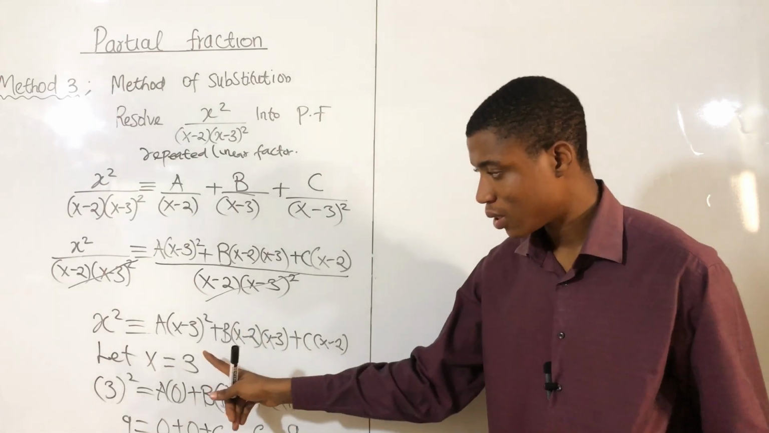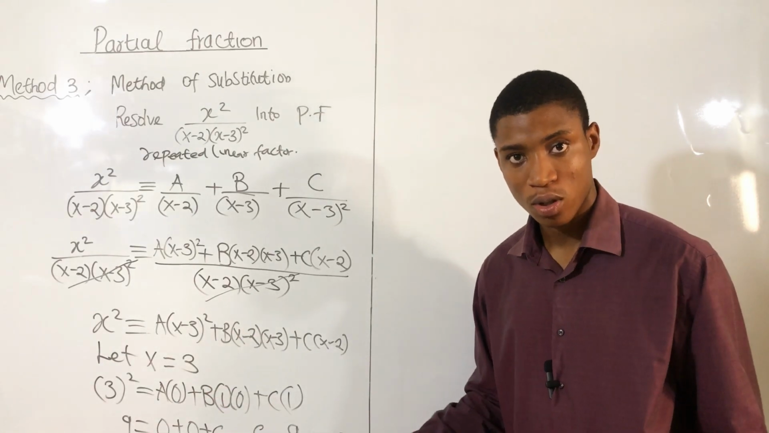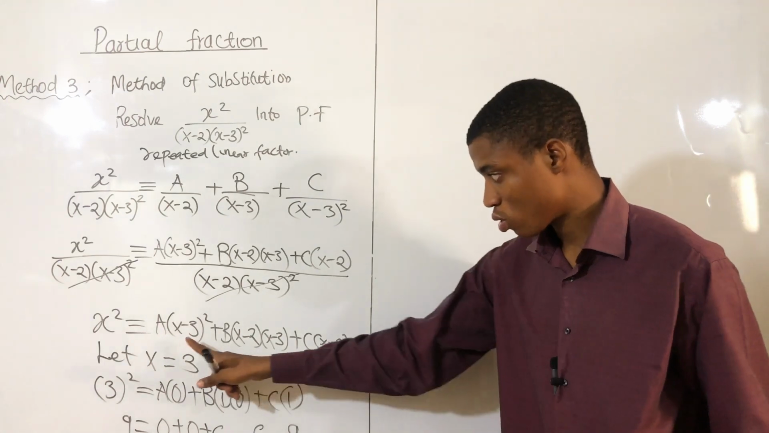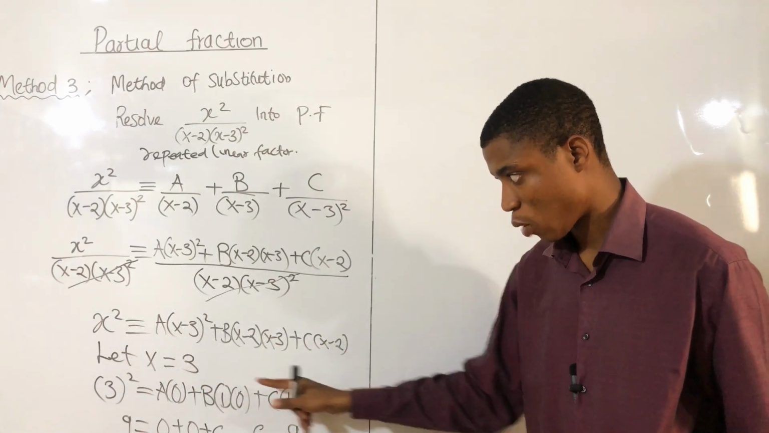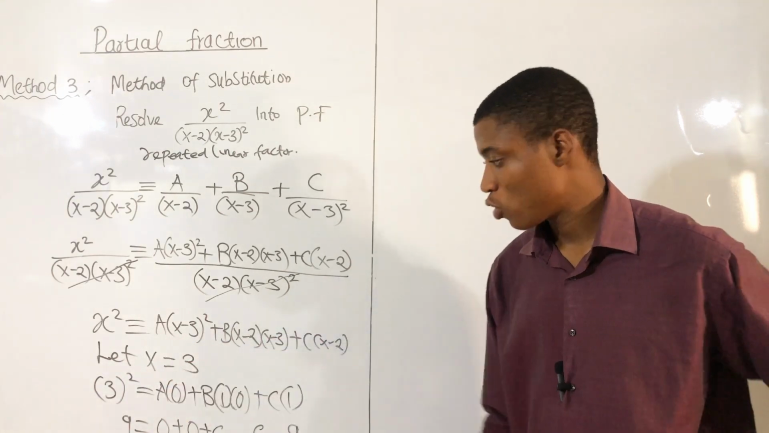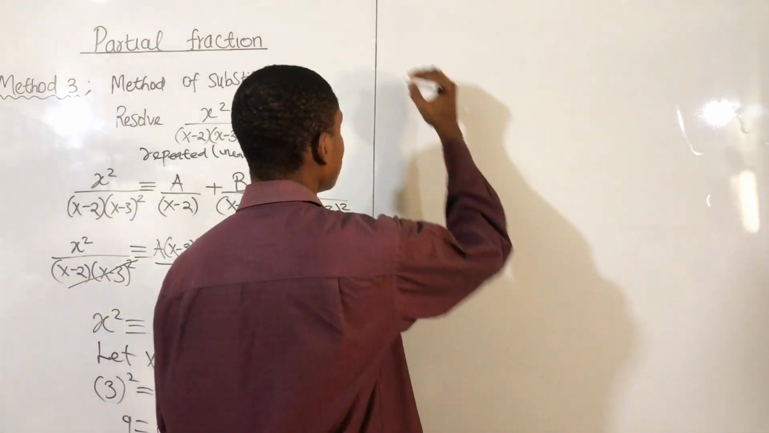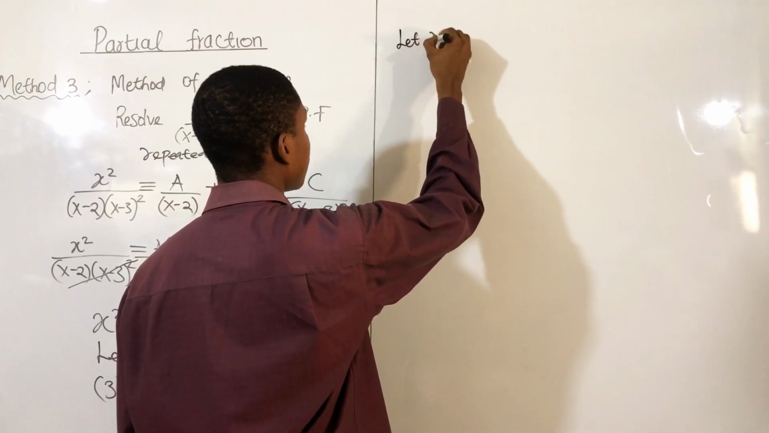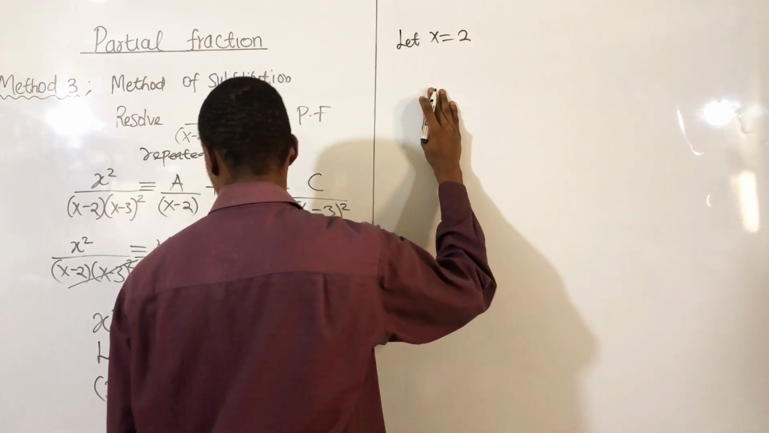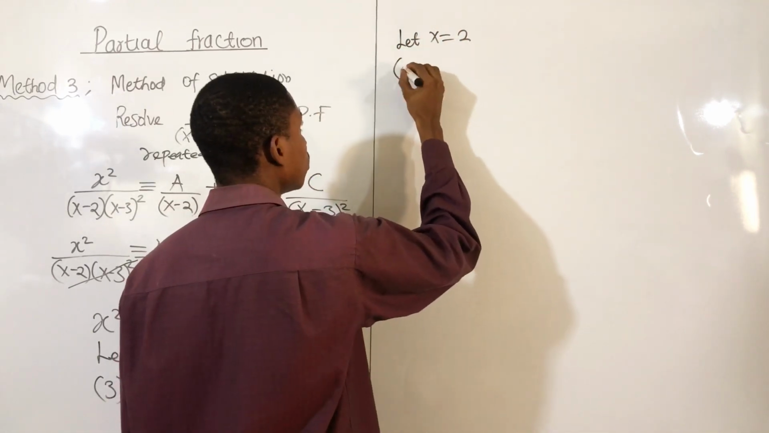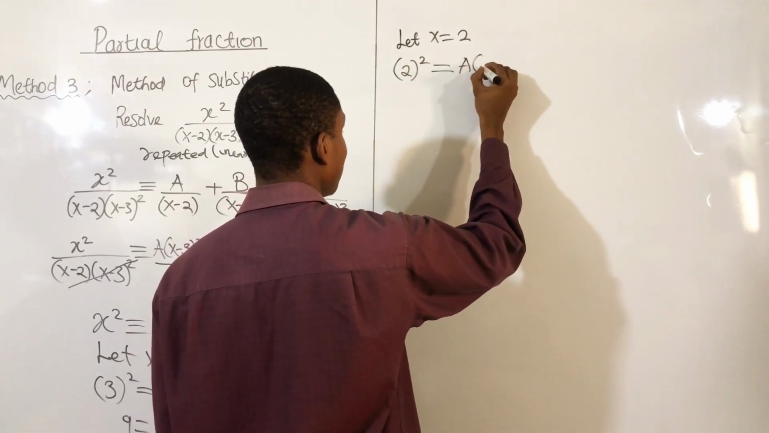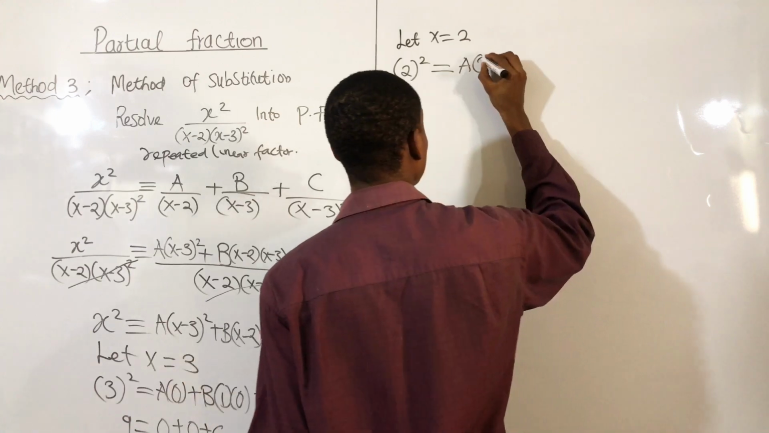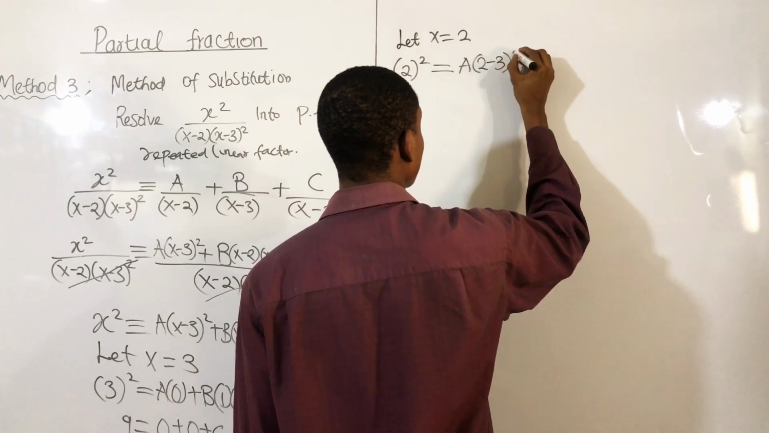So we're going to make x equals 2, so that we can successfully eliminate this and also eliminate this, and we're going to have our value for A. So we're going to say let x be equal to 2. If we do that, we have 2 squared is equal to A, so A times (2 - 3) squared